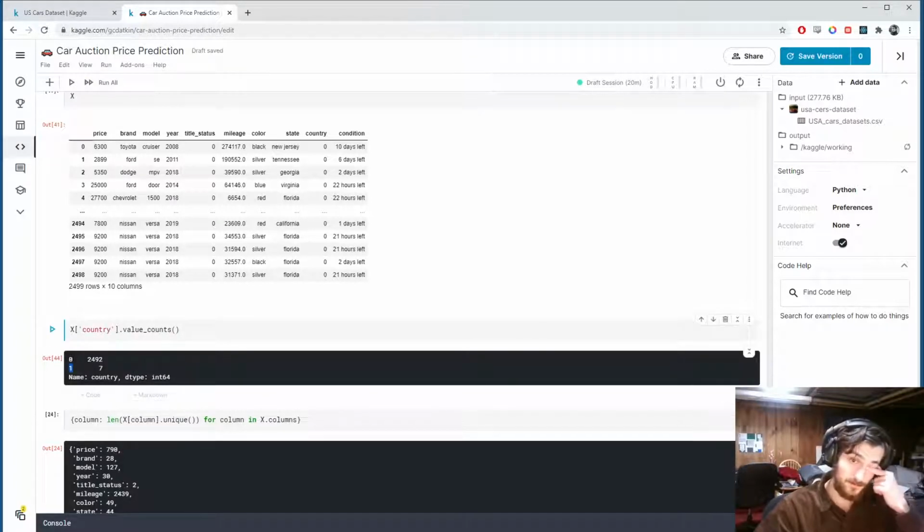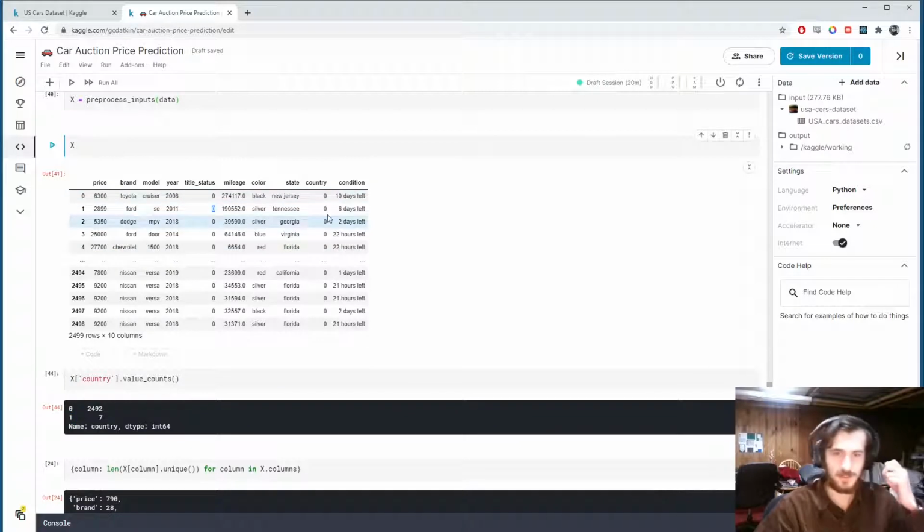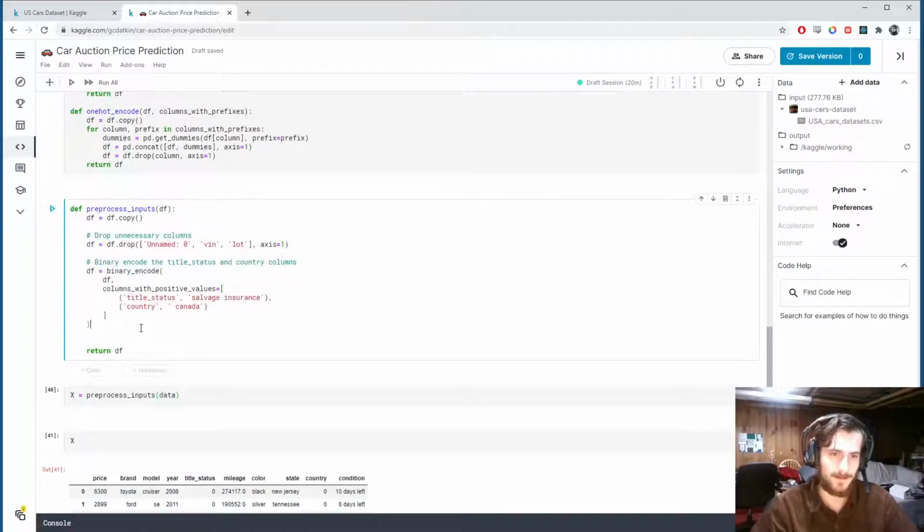And sure enough, we do. So these have been successfully encoded. And now let's do the one-hot columns. So we're going to